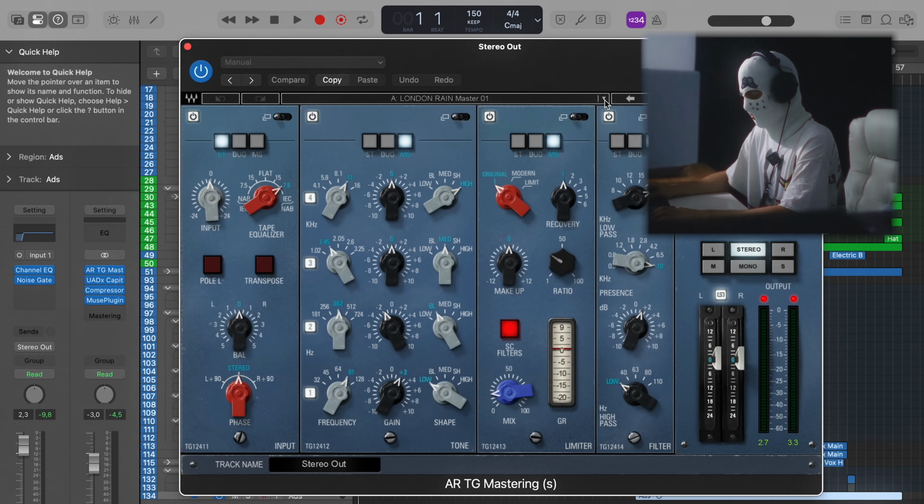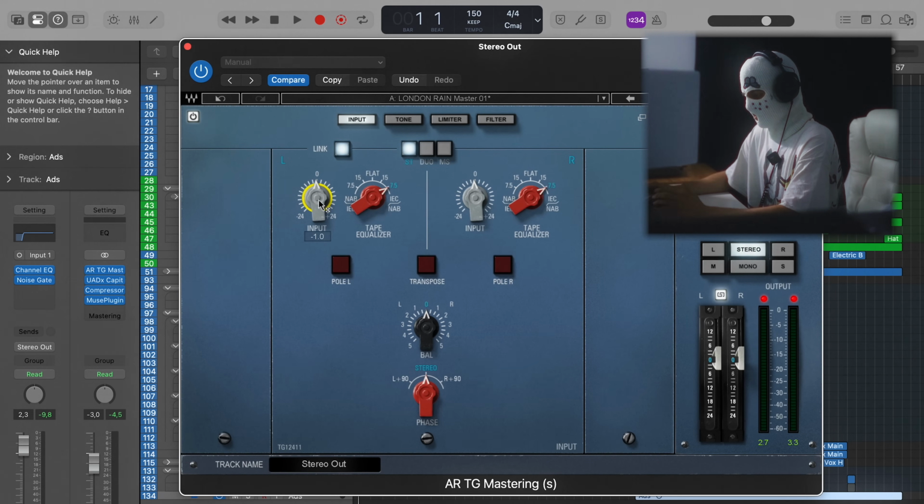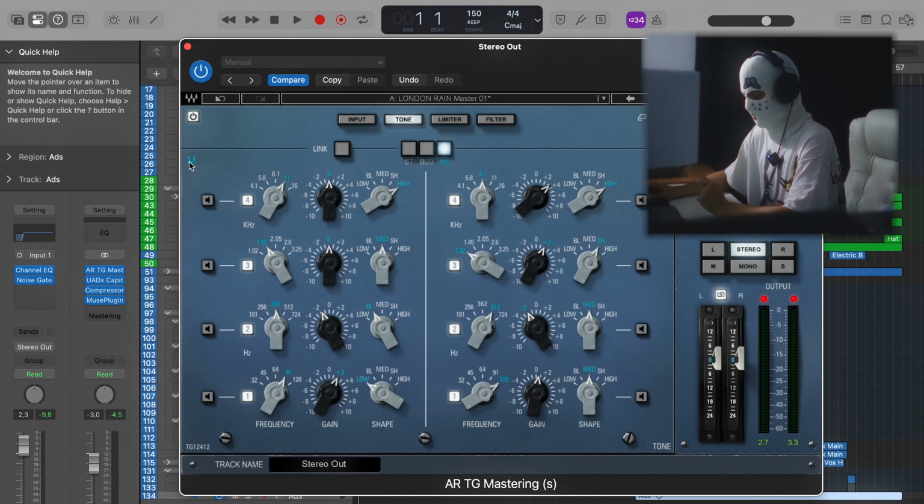I made my own preset, which gives me a really good starting point for everything that I'm doing. You can copy those settings if you like. For the input, I just turn it down a little bit because the signals that I'm working with are usually very loud. EQ wise, you can see right here in the middle, I'm boosting the lows, and on the side,